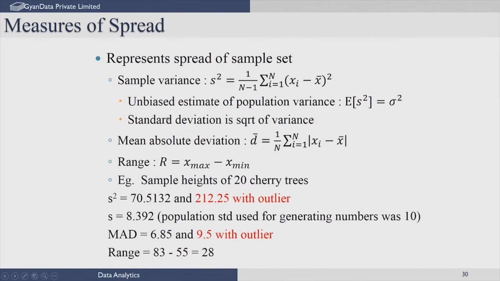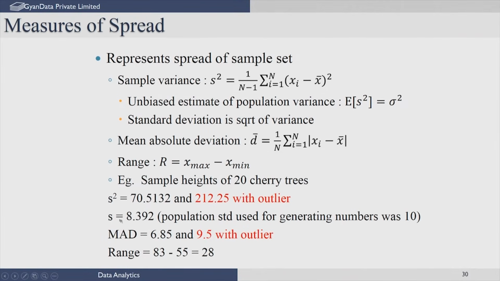A third measure of spread is what is called the range, that is basically the difference between the maximum and minimum value. All of these give you an indication of how much the data is spread around the central measure, which is the mean or the mode or the median as the case may be. So let us take an example of the 20 cherry trees. We have computed the variance from the given data and we find out that it is actually